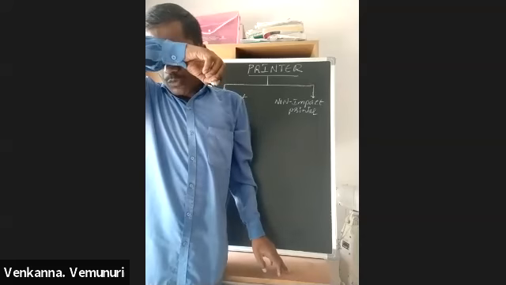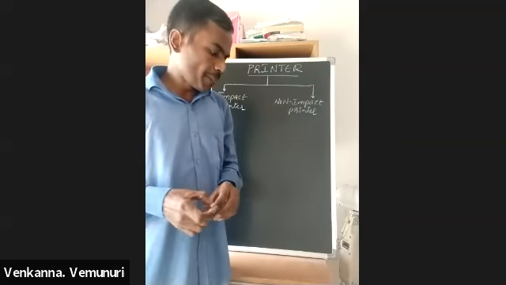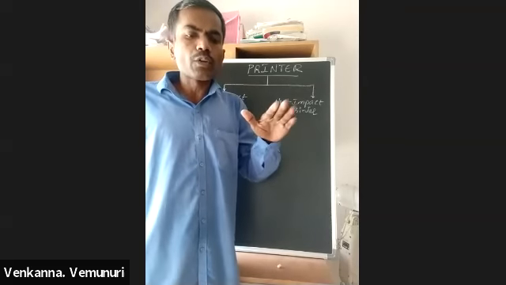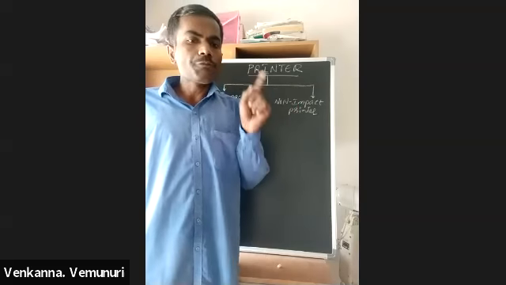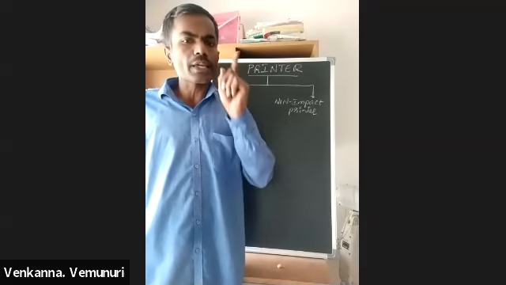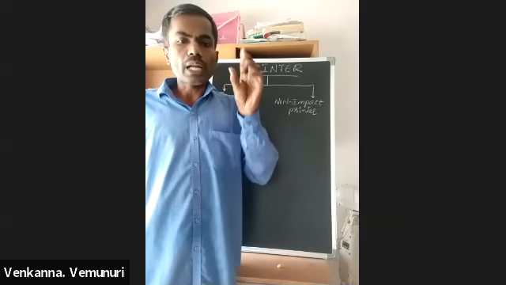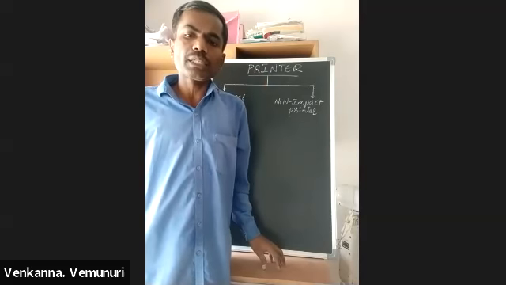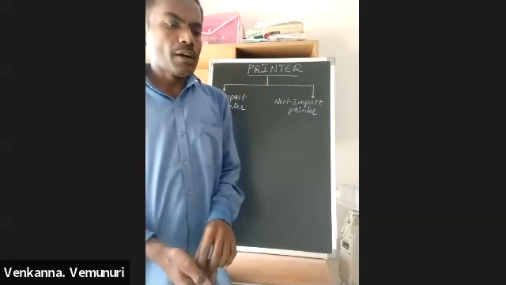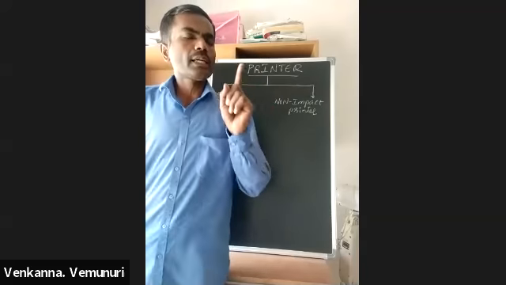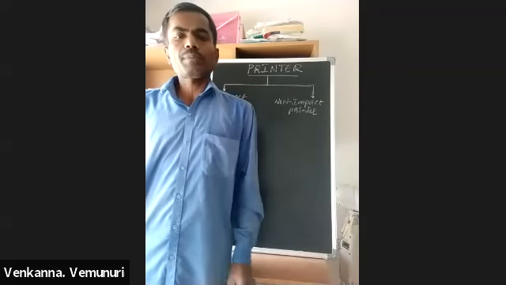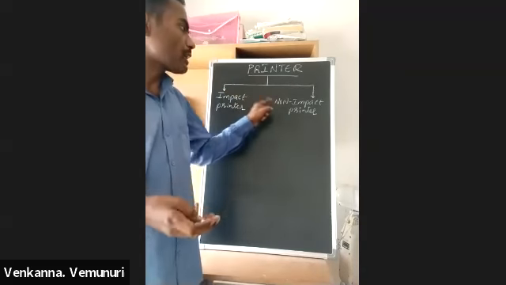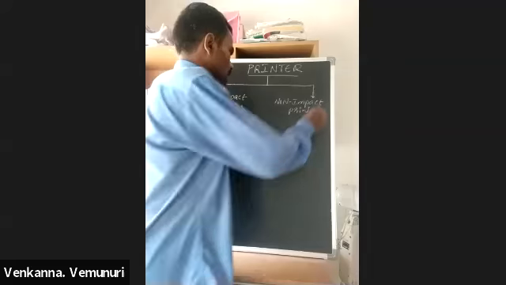How do we define an impact printer? If paper is moving between rollers, at that time one physical component directly strikes the paper. That type of mechanism printer is called an impact printer. Means in this printer, one physical component directly strikes the paper. And another one is non-impact printers.